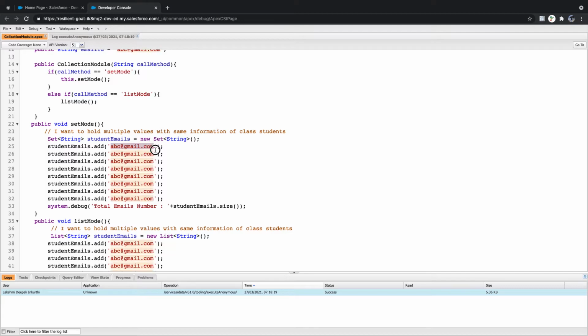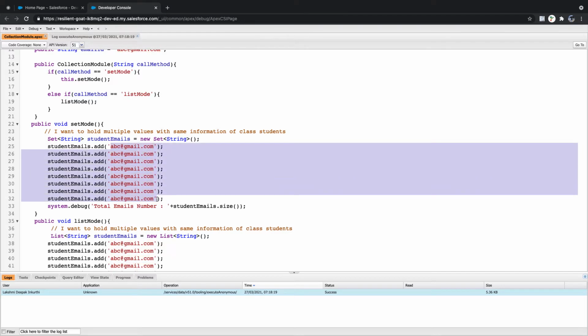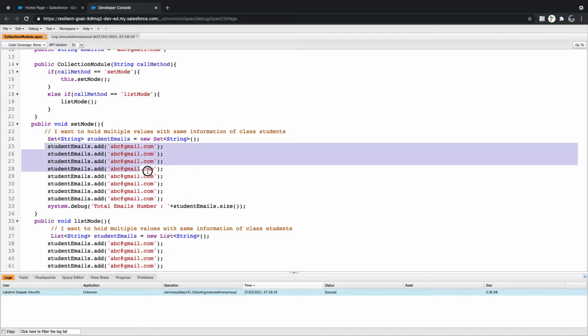Here my values are the same, isn't it? For all the set values, whatever I'm trying to add, the values are the same. So set will only contain distinct values. I can say it has only unique values. If any value is found as a duplicate, it will replace the old item with the new value. As simple as that. It will not add it as a new item.